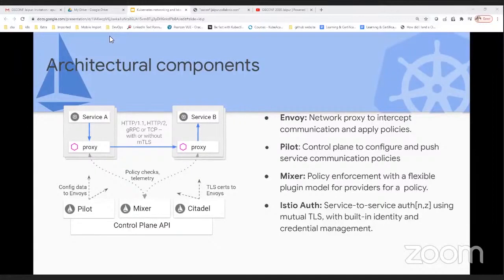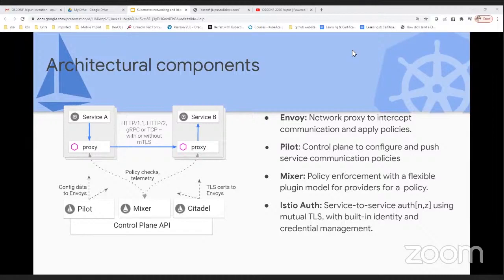Those are the same components of Istiod only. In 1.5 and above, all the components are embedded into one single component, that is Istiod.